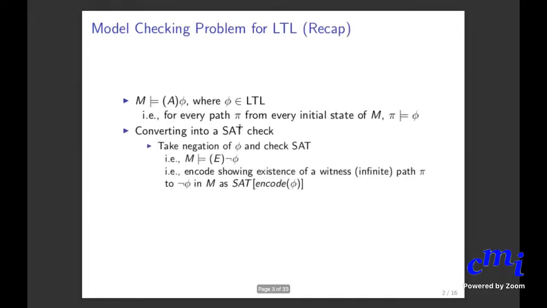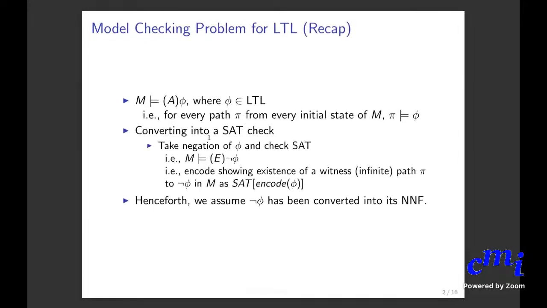So it starts by converting an LTL property into its negation. Okay, and we'll assume that the negation of the property, the not, is pushed all the way inside, which you can always do. That is, it is converted into a negation normal form in which the negation appears only at the atomic level,